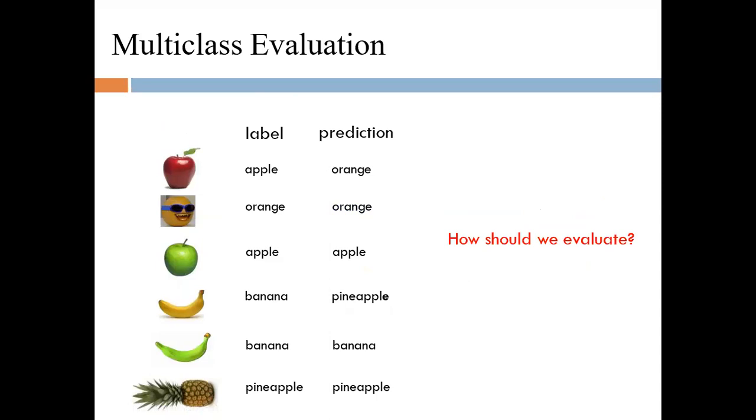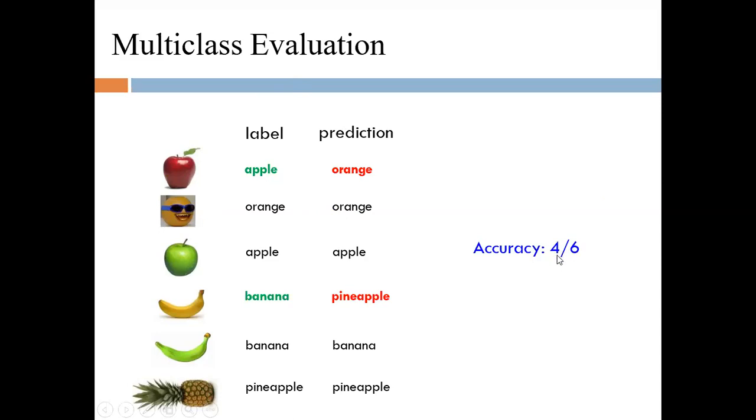The next point of discussion is how do we evaluate the multi-class classifier. So let's understand this example. We have been given these 6 instances. These are the true labels, or the actual classes of these instances, and these are the classes predicted for these instances by the classifier. Now let's assume that out of these 6 instances, the first instance and fourth instance are misclassified, or not correctly predicted by the classifier. That means the accuracy of this multi-class classifier is 4 divided by 6.